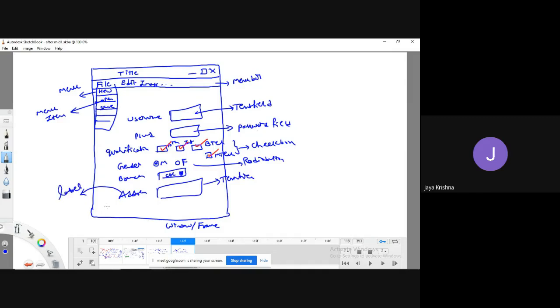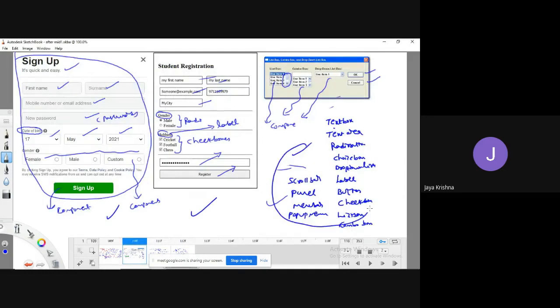This address is a kind of label. How to read the label? A label is a piece of text information which the user can understand, about what and how to enter in this field. By observing this, the user has to enter his address. Then a registration button, and if required, a cancel option. Not only these, but these are various kinds of